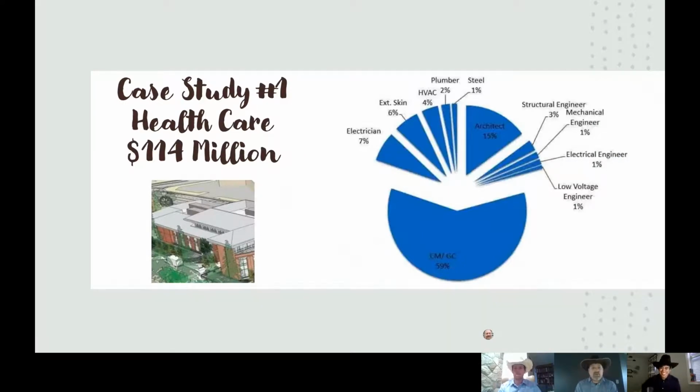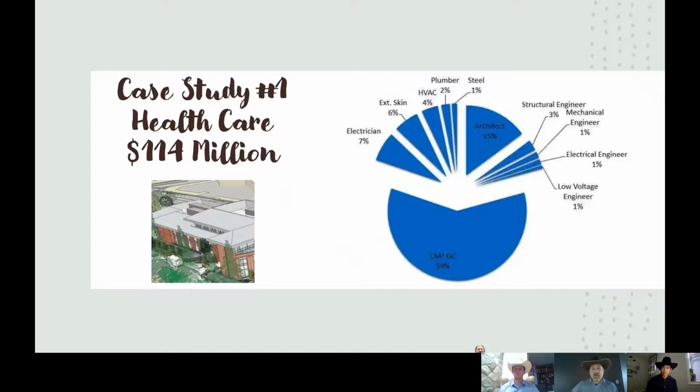So I will be looking at a couple case studies, and then I'll be concluding and summarizing and wrapping this thing up. So case study number one that I looked at was a healthcare facility, and the total cost of this project was $114 million. And as you can see by this pie chart on the right,